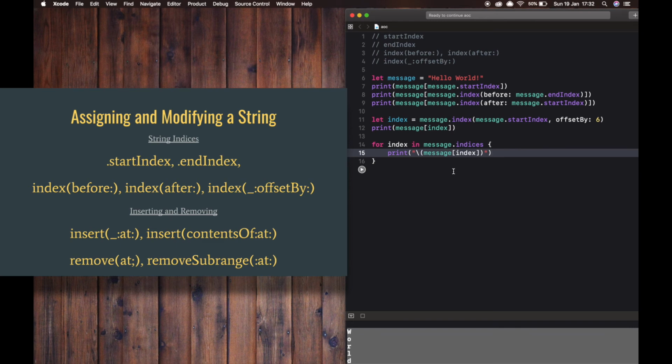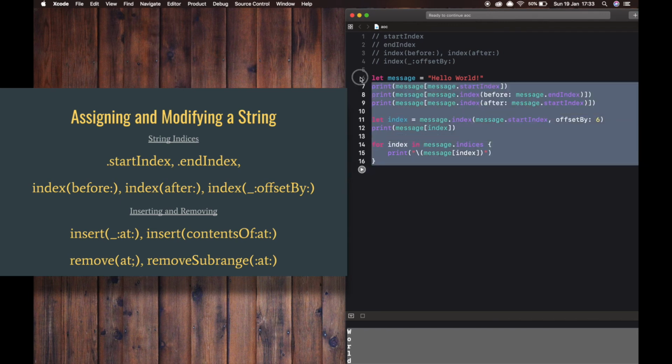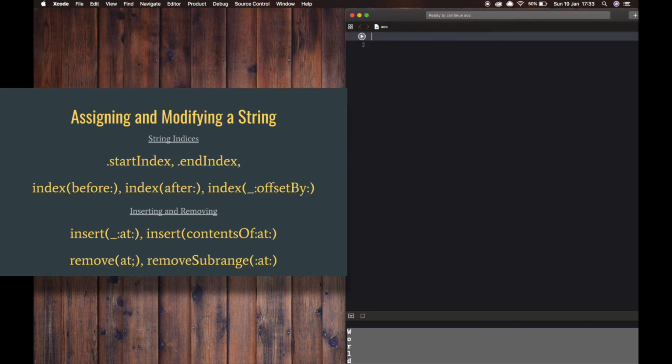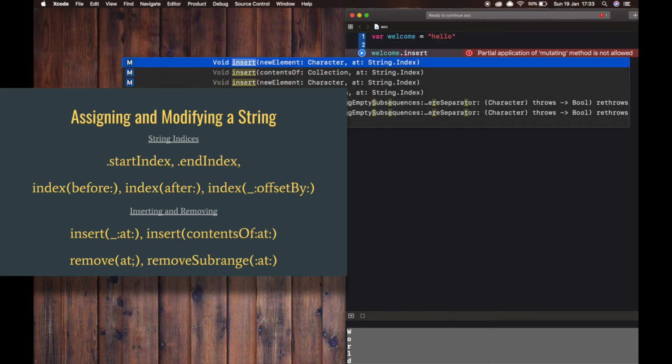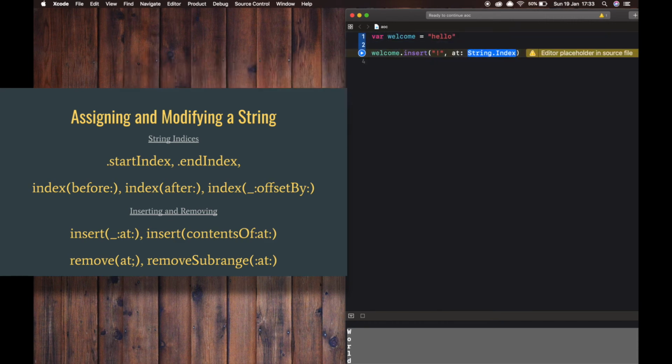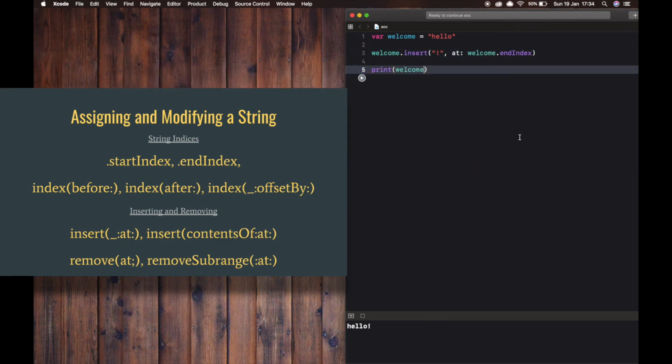Okay, let us check how we can insert and remove in a string. To insert a single character into a string at a specified index, use the insert method. You see, the exclamation mark gets attached to the end of the string.